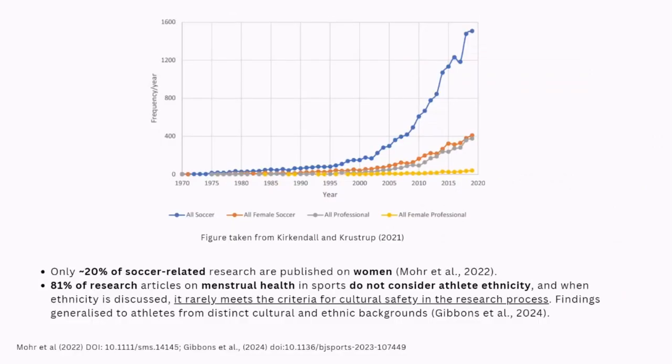And we can look at all different areas within sort of SES, physiology, nutrition, and other disciplines. The graph that you'll see on the screen at the moment is from soccer research that looked at male versus female publications. And they came away and found that about 20% of soccer-related research has been published exclusively on women, given that soccer is arguably the most popular sport for women globally. And we can see there that we have seen a very sharp increase in the last kind of 15 to 20 years, and hopefully that will continue to rise.